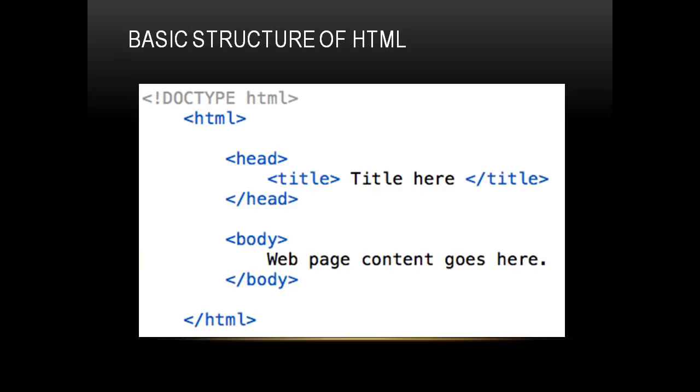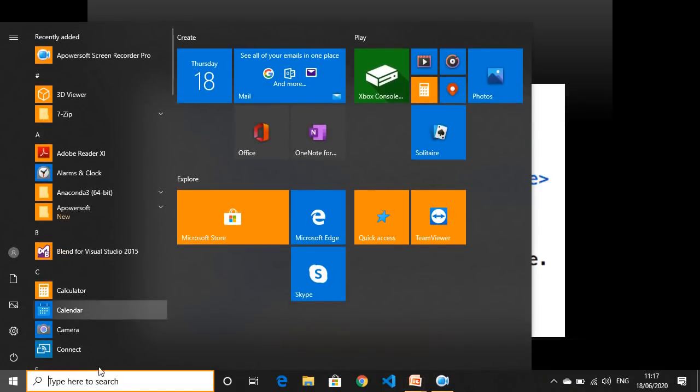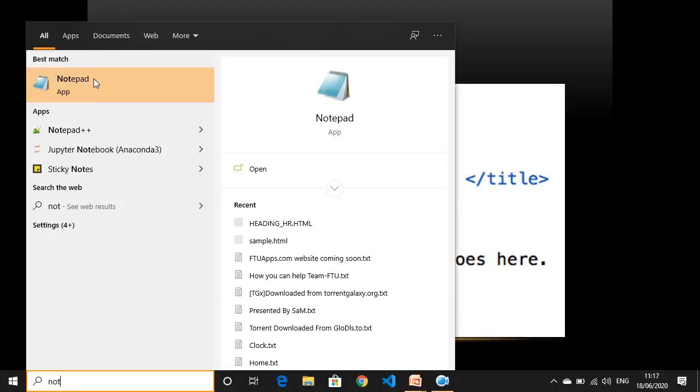Now we'll see one simple example of HTML. Now to type HTML code, we'll make use of Notepad.